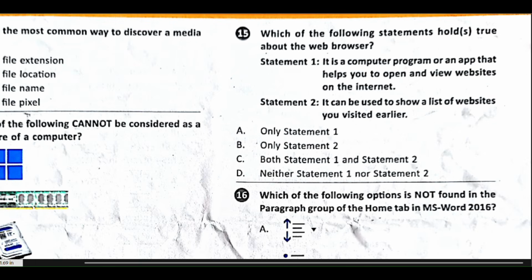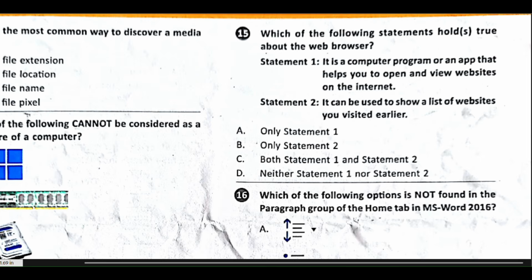Question number 15. Which of the following statements holds true about the web browser? Statement 1. It is a computer program or an app that helps you to open and view websites on the internet. Statement 2. It can be used to show a list of websites you visited earlier. So statement 1 is correct.